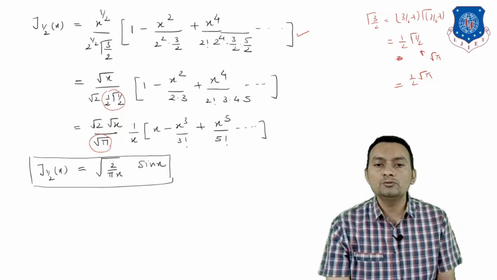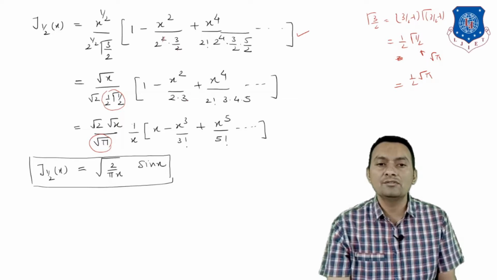So the square root of 2 will cancel out, so we will have only one square root, and one square root will occur in the numerator. So square root of 2 into square root of x divided by square root of pi, and whatever we have written over here, you can also verify that the 2 will cancel out, and 2 into 3, so we can write 2 raised to 4, that 2 will cancel out, and 2 raised to 2 is 4. So we will have 2 factorial into 3 into 4 into 5, and that also you can write as 5 factorial, and so on.